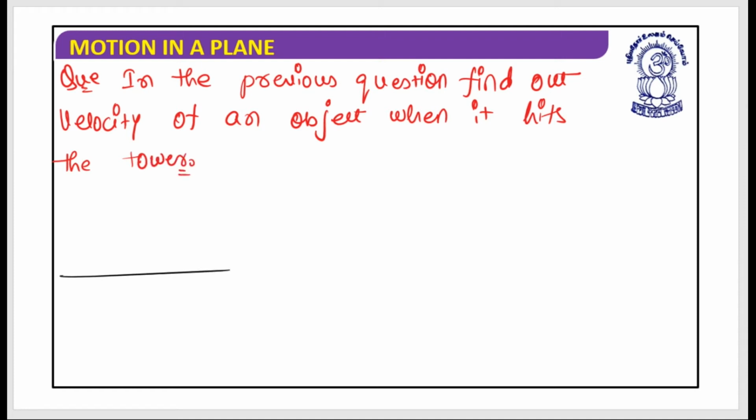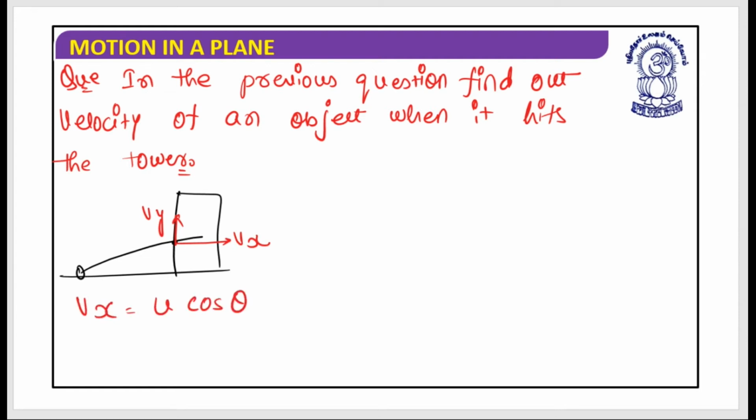It was like this. So when it hits the tower, it will have two velocities, one is vx, one is vy. How can I have vx? The vx can be written as u cos theta